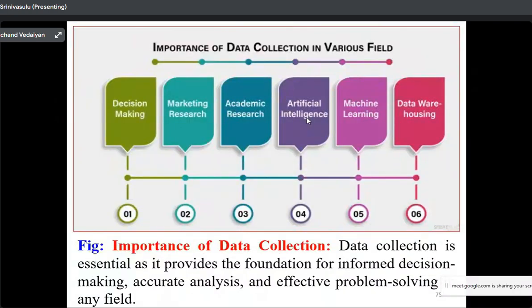So the importance of data collection in various fields like decision making, marketing research, academic research, artificial intelligence, machine learning, and data warehousing. This is the importance of data collection in various fields like decision making, especially in business analytics. Data collection plays an essential role as it provides the foundation for informed decision making, accurate analysis, and effective problem solving